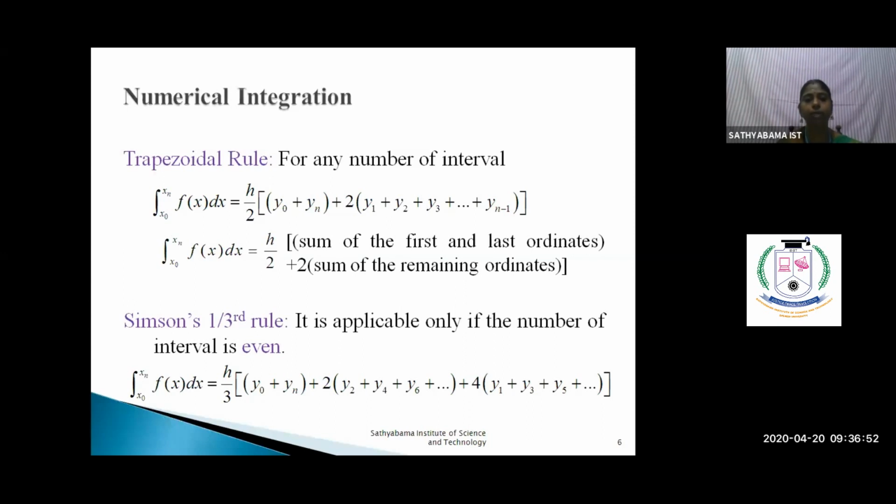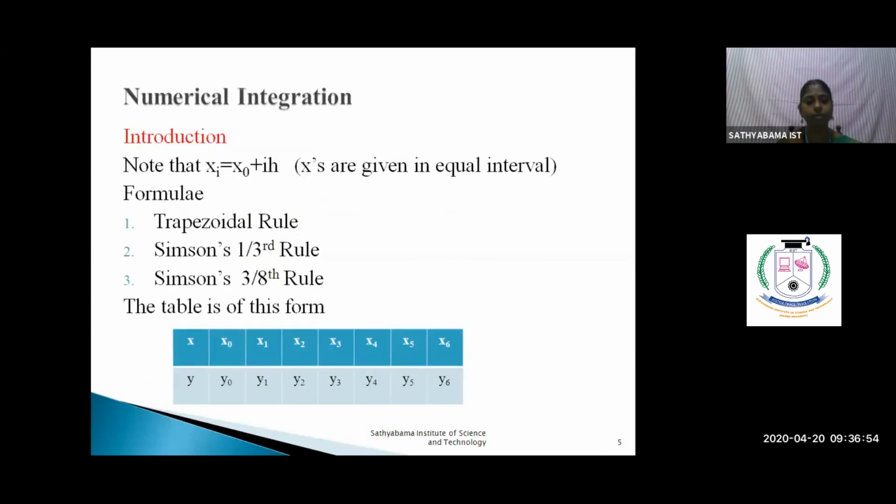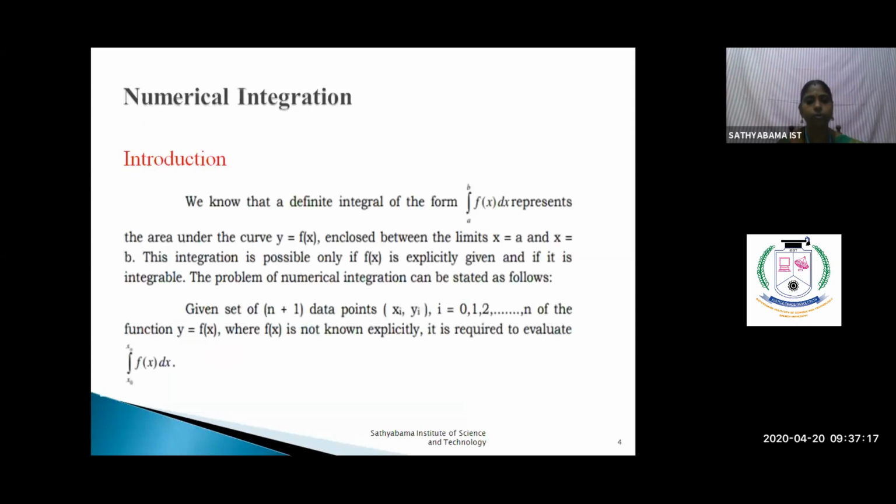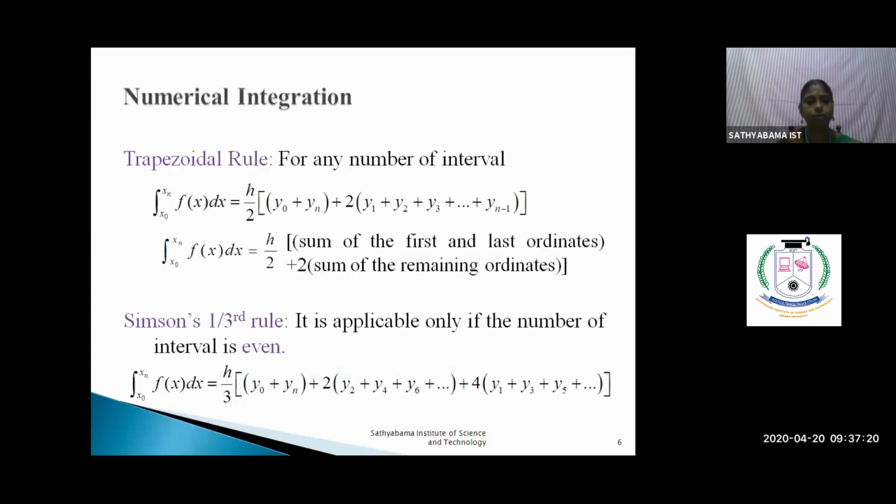Suppose if you want to take the ordinates. Ordinates are nothing but, again the same, y0, y1, y2, y3, etc. y6 only here. So the first ordinate is what? y0. The second ordinate is y1. You see that the suffix of that y is 1. So it is the second ordinate, but the suffix is 1. So I'm requesting you to always take the first formula. The second formula also can be considered, but you may have confusion between ordinates and remaining ordinates and the entries.